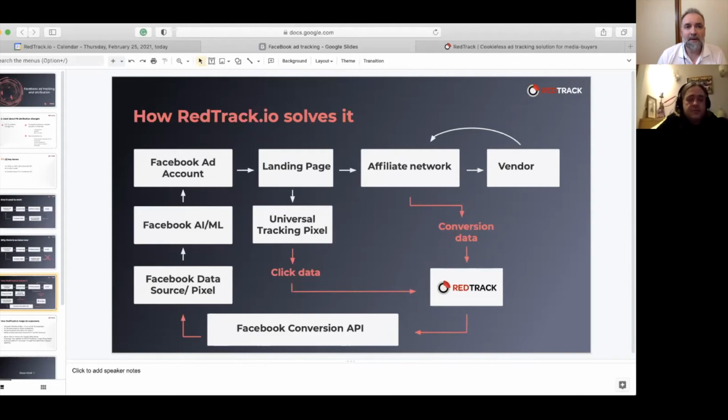Yeah, and a silo is straightforward. With RedTrack, you just create, let's say, Facebook account 1 in RedTrack, Facebook account 2 in RedTrack, and then you have different Facebooks, each connected to its own pixel and ad account, working either in sequence or simultaneously, one by one, whatever works for you. Okay. Good.